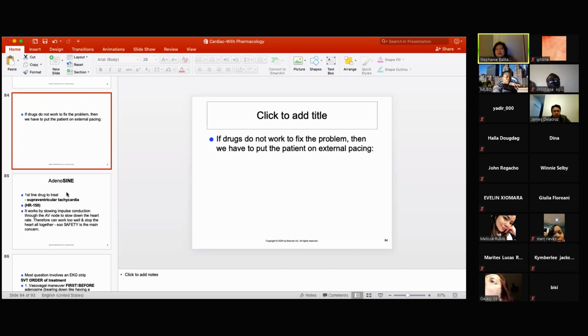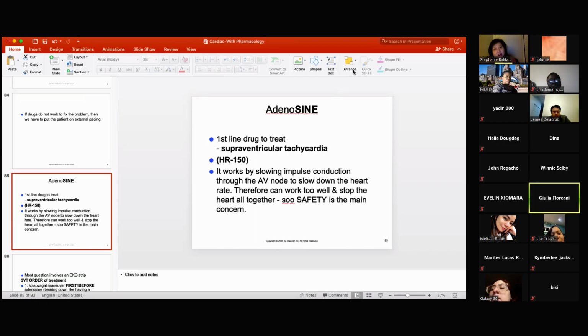External pacemaker. So external pacing. Now, the second dysrhythmic drug is called